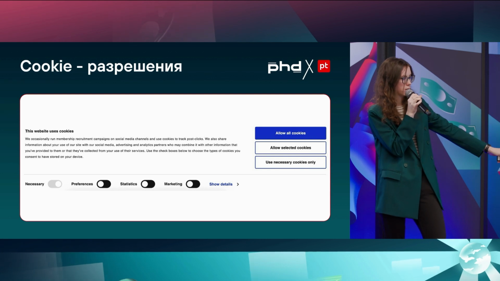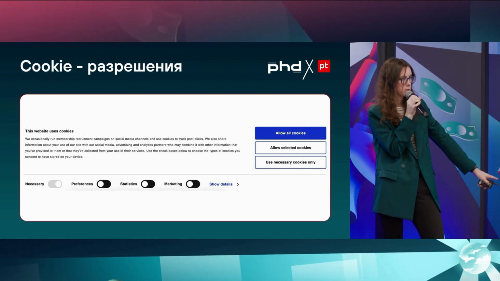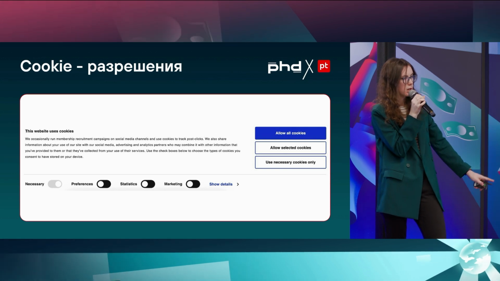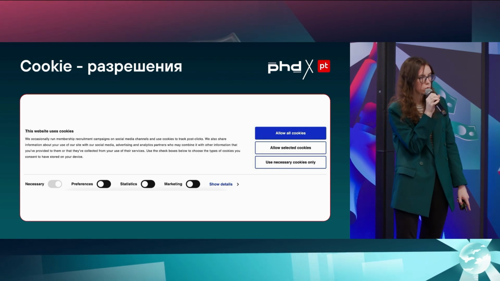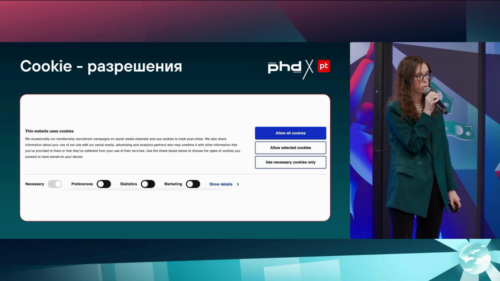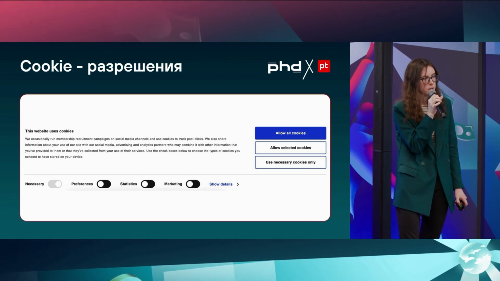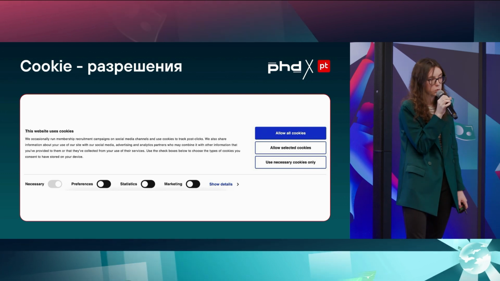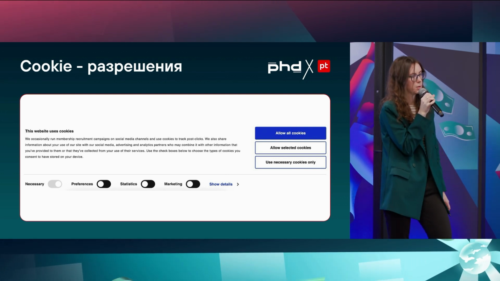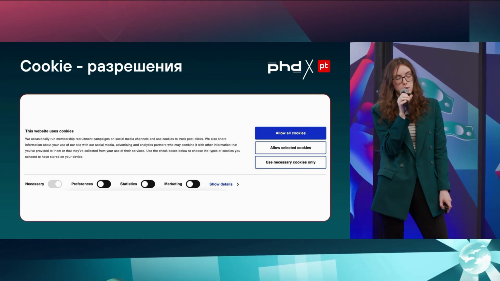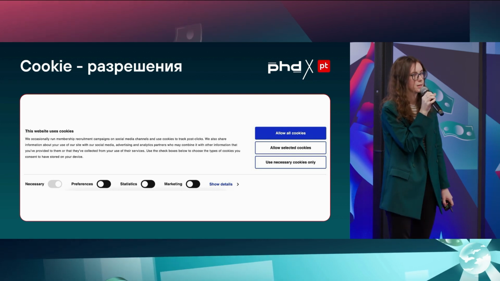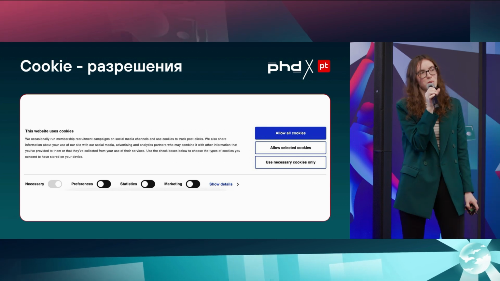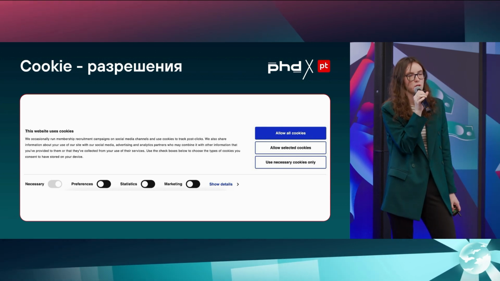So we have 3 options, the parameters that are offered to us. We can change the parameters that we can see here. We can only keep necessary cookies or allow all cookies. And the allow all cookies is always highlighted in a brighter color so that we don't read everything else. But if we want to learn more details, there's a very small link that no one ever reads because everyone wants to get rid of this banner the sooner the better.